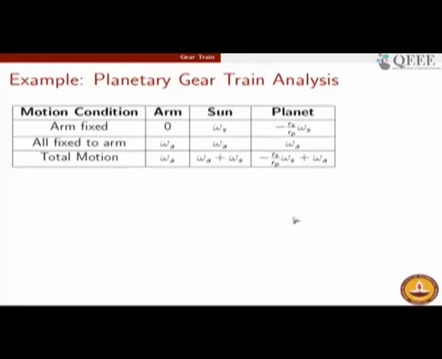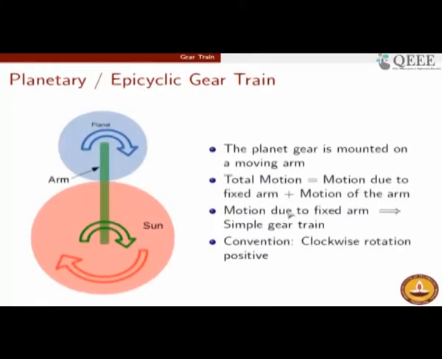So the analysis proceeds in the following condition. We understand that the total motion can be decomposed into two parts, one in which the arm is fixed and the other in which the arm is moving. In fact, the total motion of this gear train is the superposition of these two motions, because the one in which the arm is fixed is as good as a simple gear system, and the other in which everything is fixed to the arm can, in relative velocity terminology, be very easily understood